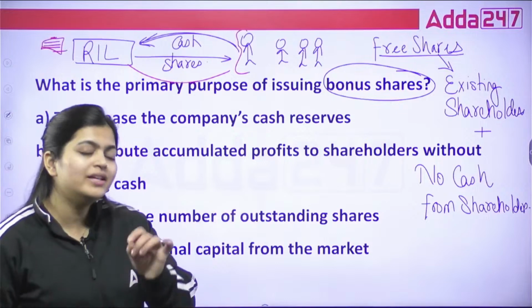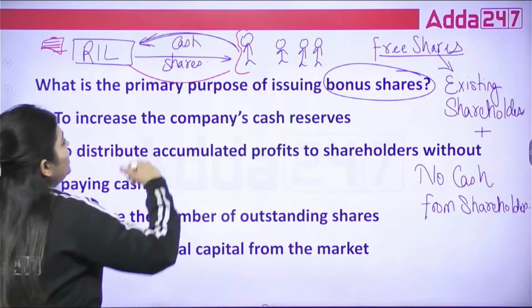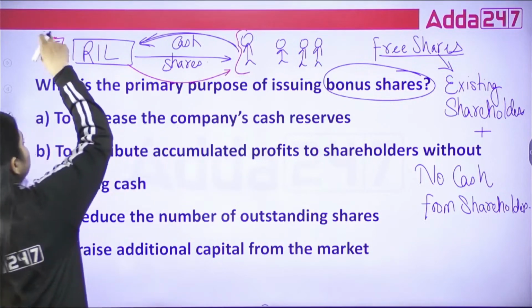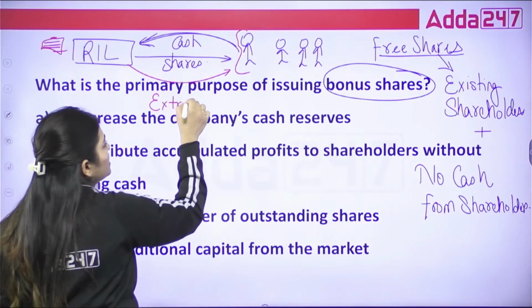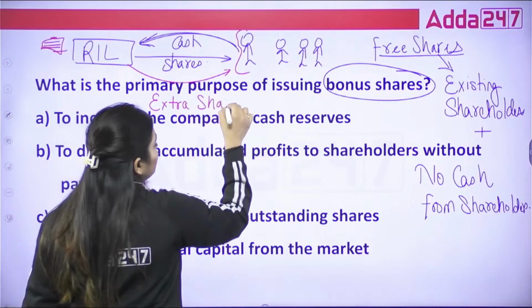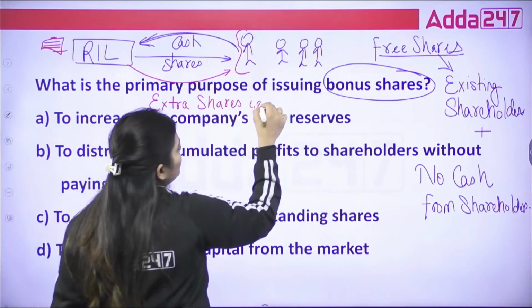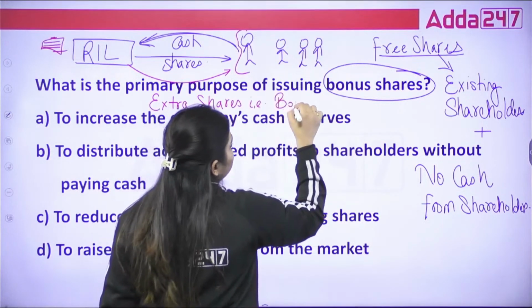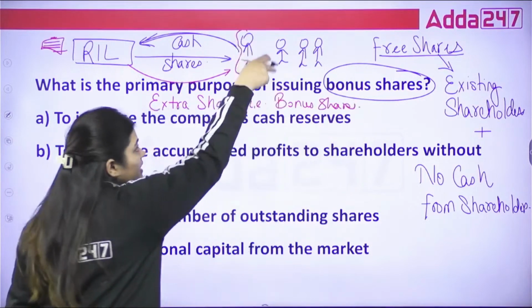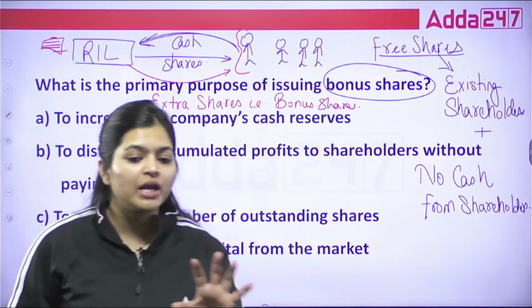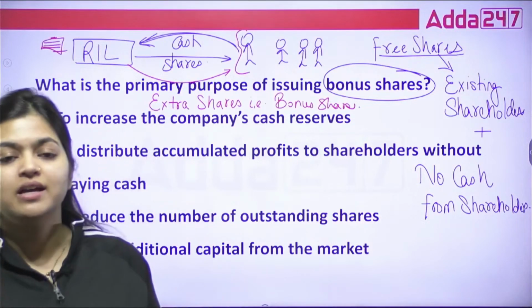And they are going to distribute this reserve by issuing extra shares, which are known as bonus shares, and in return these shareholders are not required to pay anything in cash